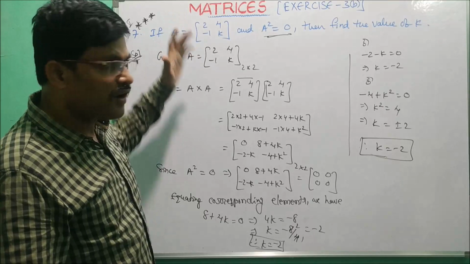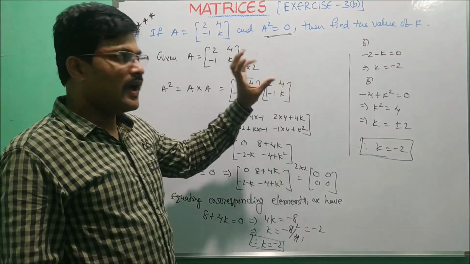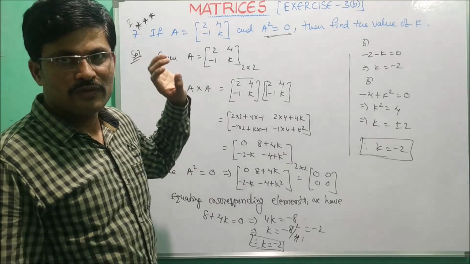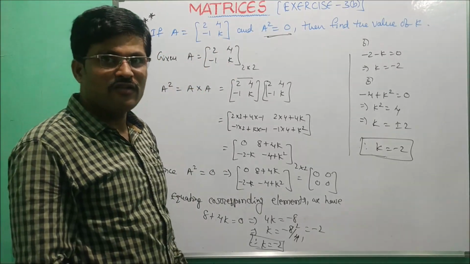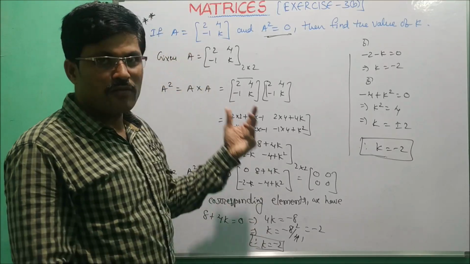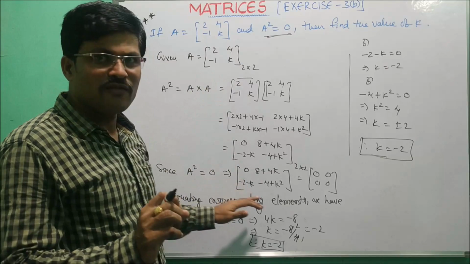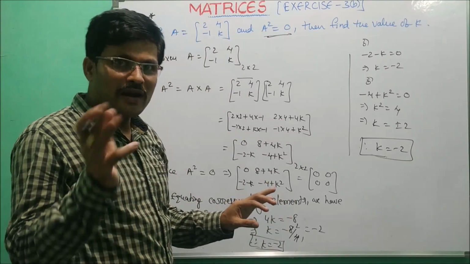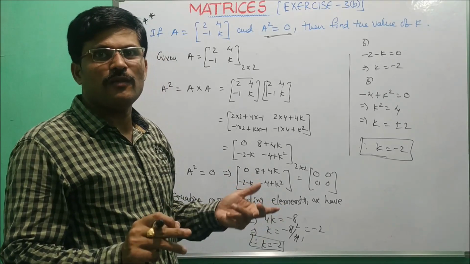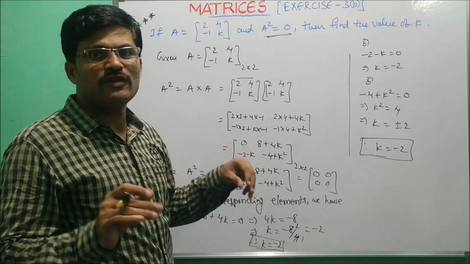So these are the solutions for exercise 3b and first Roman. The remaining sums in the second Roman will continue in the next class. The second Roman sums are 4 mark sums, and the remaining 2 sums in the examples are also 4 mark sums. So these sums will continue in the next video.